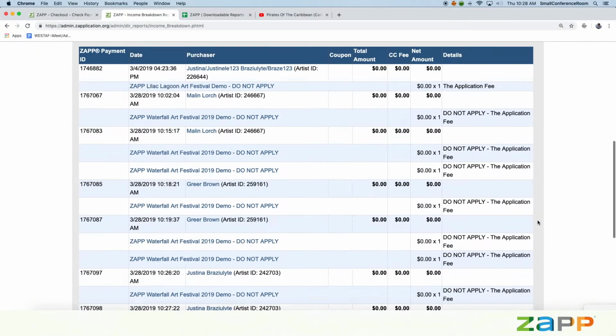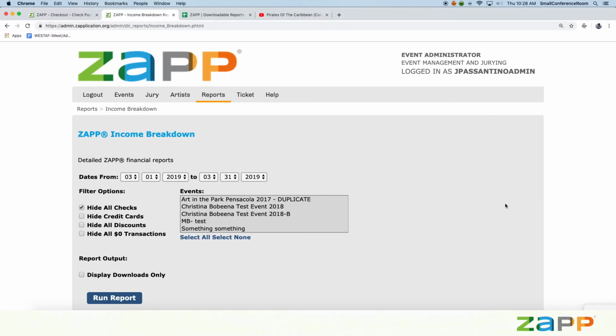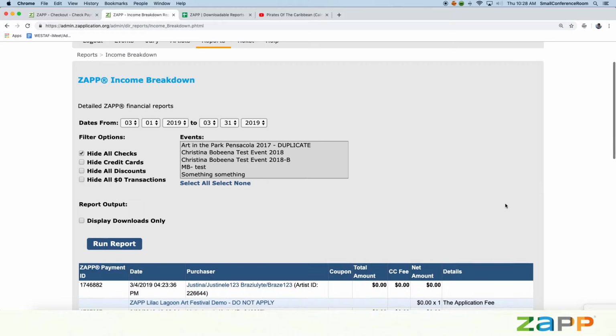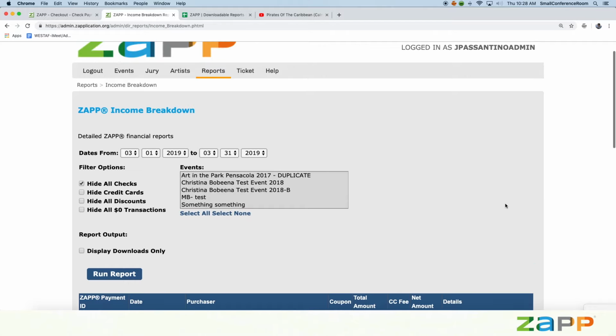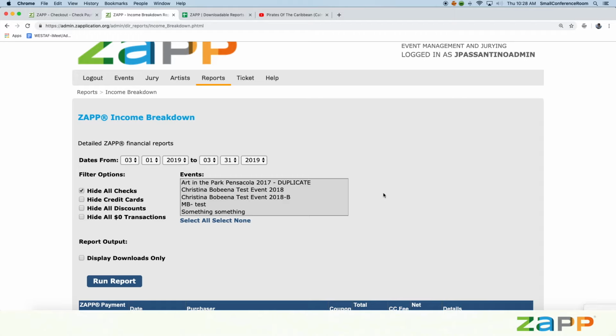So the next part of the income breakdown report that we're going to check is going to be refunds. Very similar to running this revenue report, you'll want to make sure you're on the current month, however. To run the remittance statement check report and check how much revenue you got in the previous month, you'll go to the previous month. If you want to see how much revenue you have in this month, you'll want to make sure you're on this month itself. So we're going to go ahead and change that to